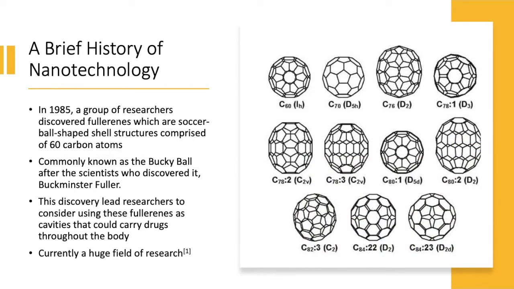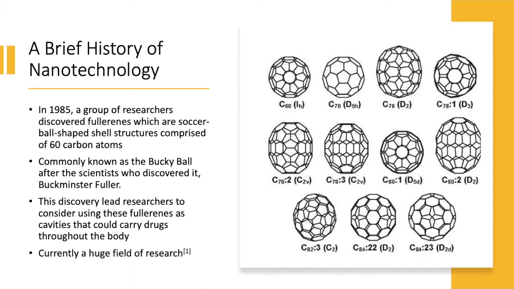And then continuing, in 1985, a group of researchers discovered fullerenes, which are soccer ball-shaped shell structures comprised of 60 carbon atoms. Commonly known as buckyballs, after the scientist Buckminster Fuller, if I said that right. This discovery led researchers to consider these fullerenes as cavities that could carry drugs throughout the body, like what we discussed earlier. This is currently a huge field of research, and you can see on the right